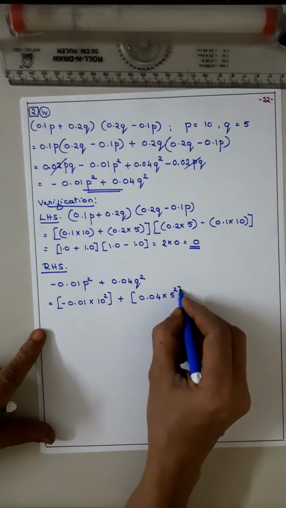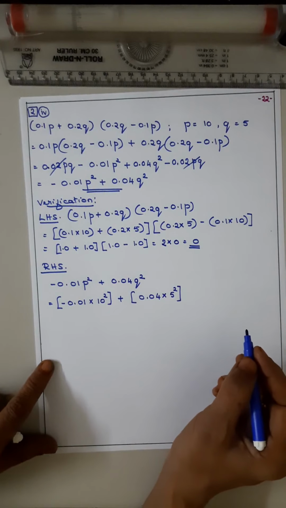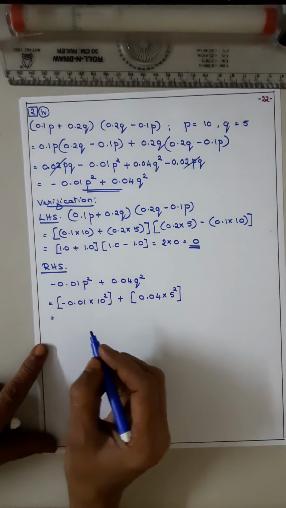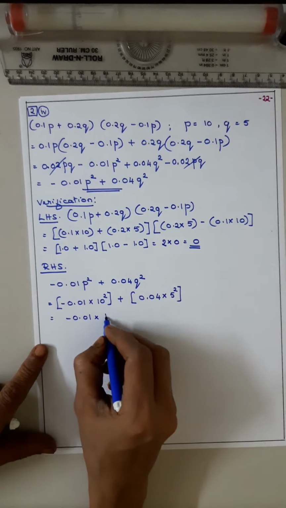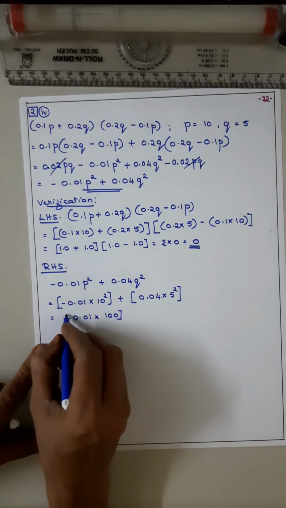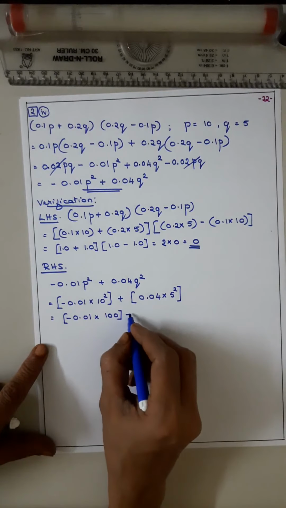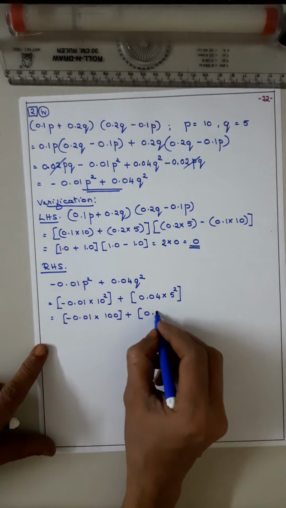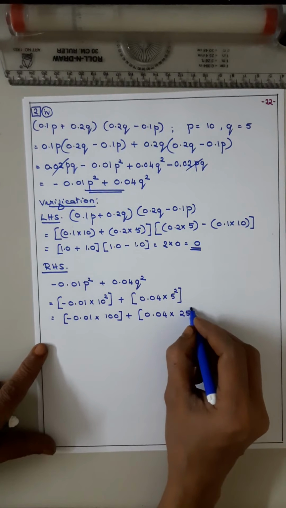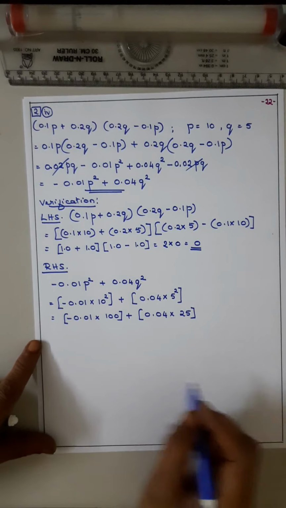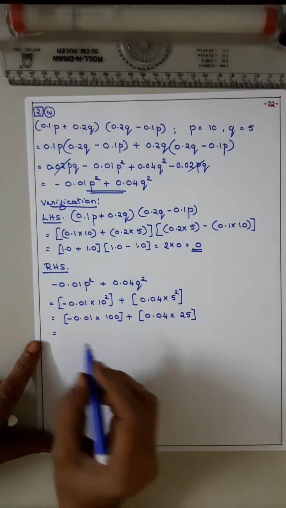Q square is 5 square. Okay, now it is a minus 0.01. 10 square is 100. 10 tens are 100 plus 0.04 into 5 fives are 25. Now it is negative